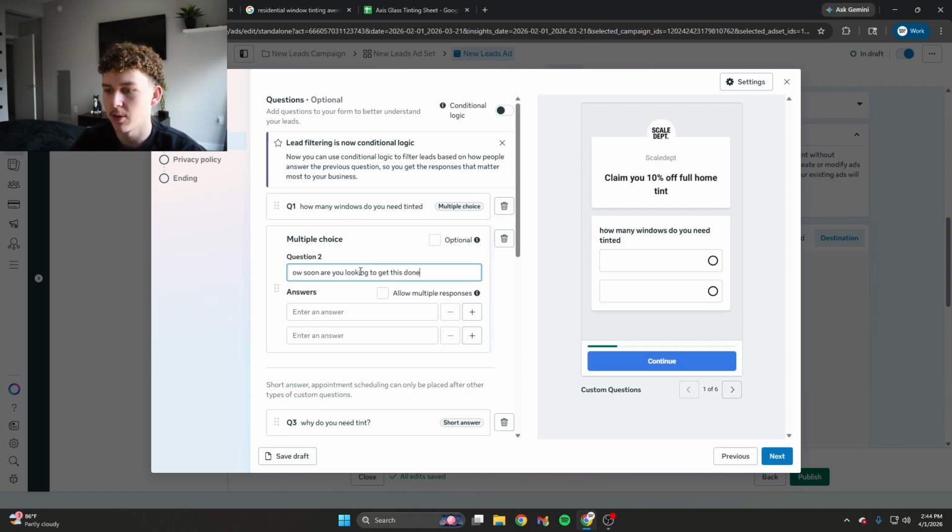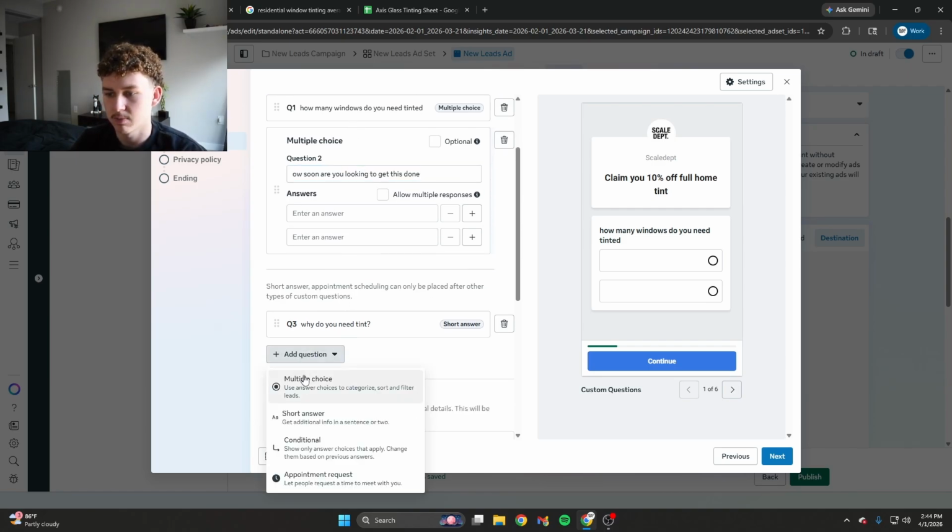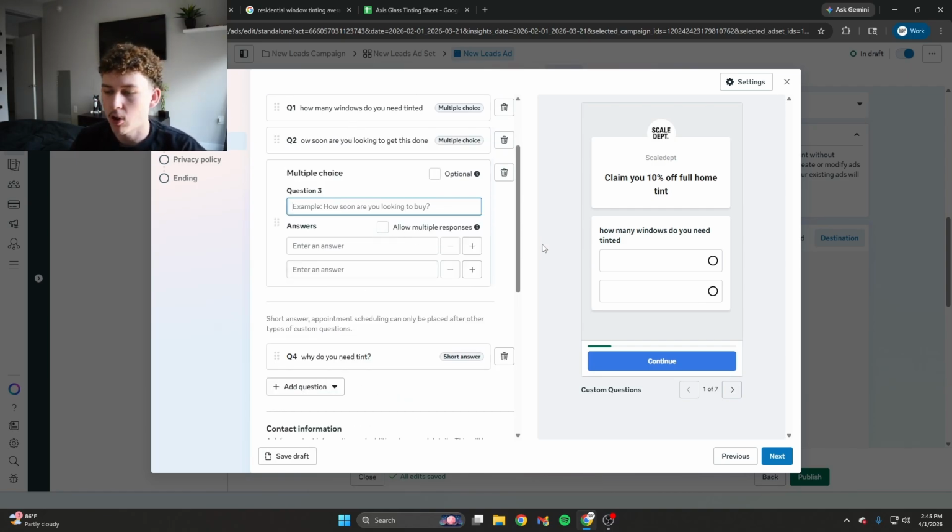Would be a good example of one that qualifies their seriousness. Then we have our budget qualifying question, and it's very important to frame this properly because it can kind of scare people away. But a good way to do this, if we're looking to only get jobs that are over $500, we can say, home window tint